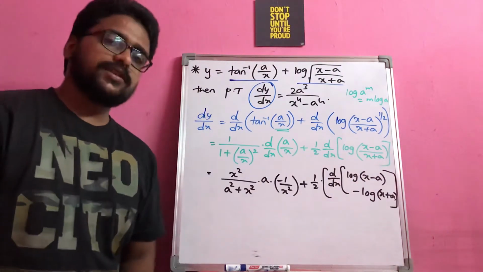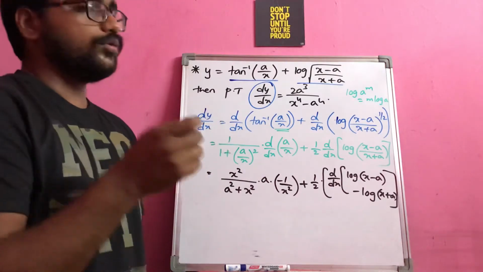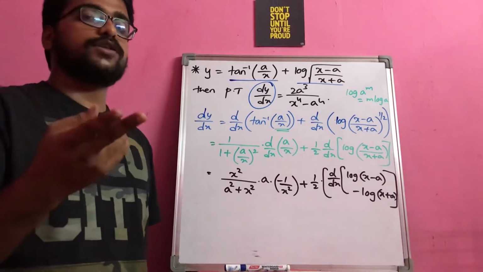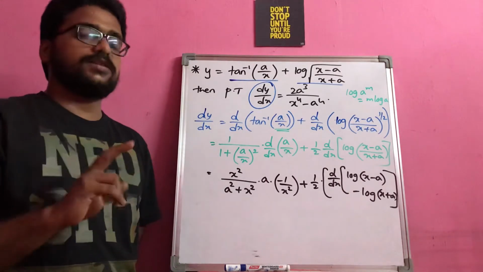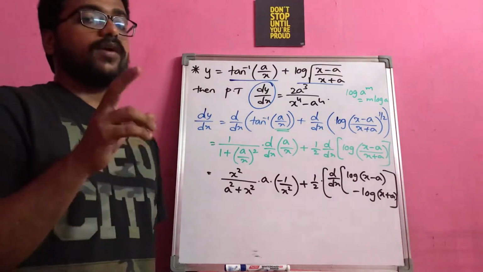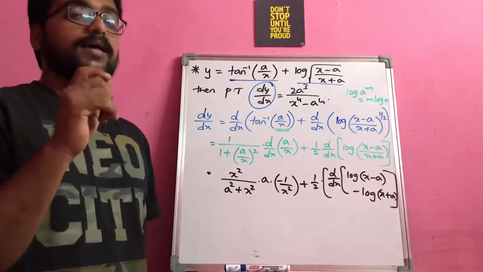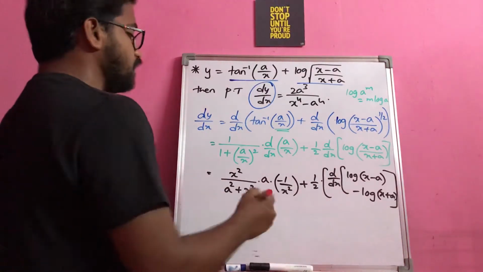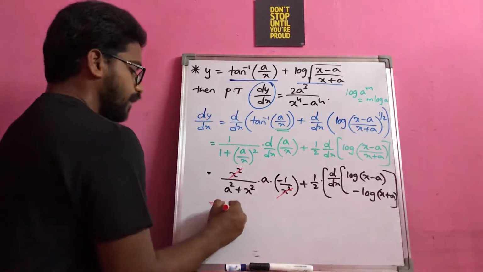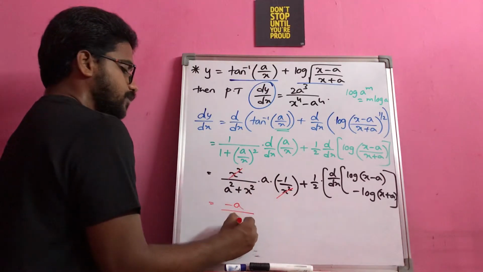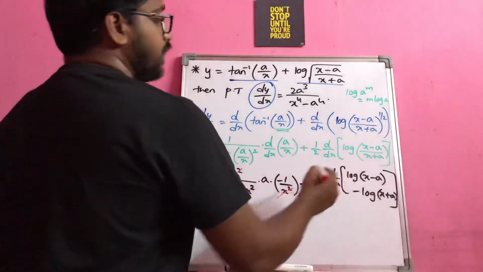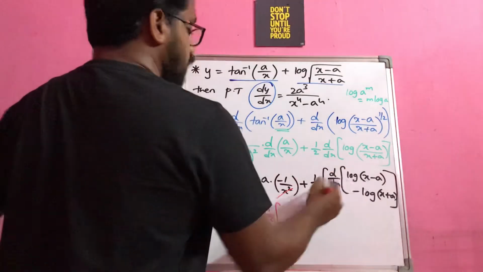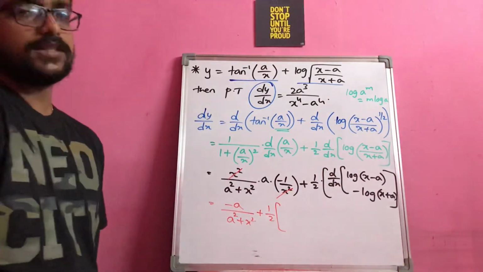Previously you had a division, now the division got converted into subtraction. And we know that applying the division rule for finding the differentiation will be a little bit difficult when compared to applying differentiation to subtraction or addition. So this is the advantage. You can do further simplification here by cancelling this out. You will get minus a divided by a square plus x square, and then half into this log function difference. You can just split the differentiation for addition and subtraction.